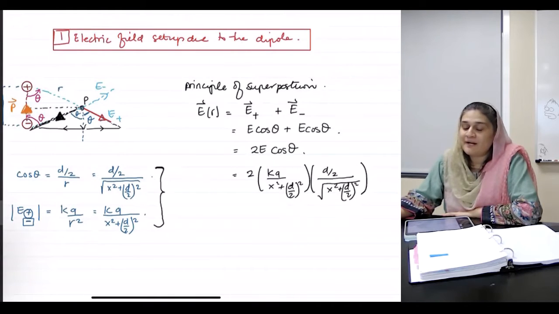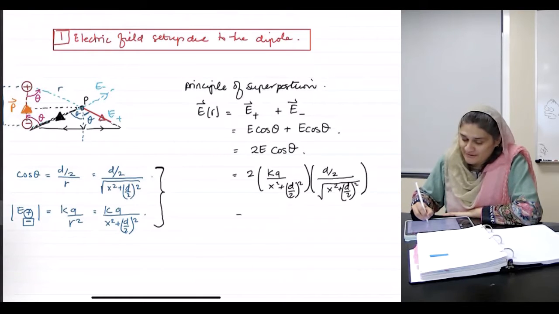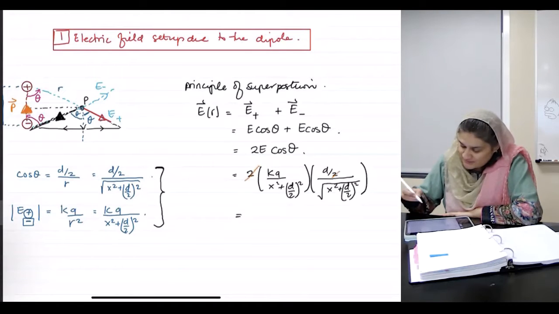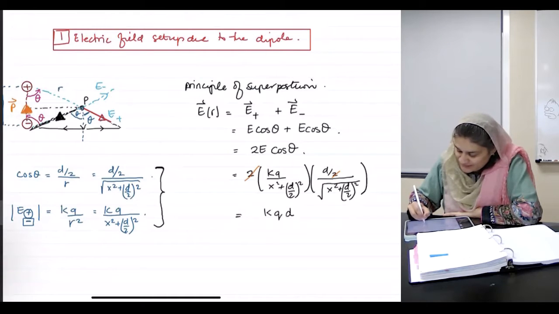May I simplify it in one step? Whew, breathe. The 2's get canceled, and I am left with KQd divided by x squared plus d over 2 squared